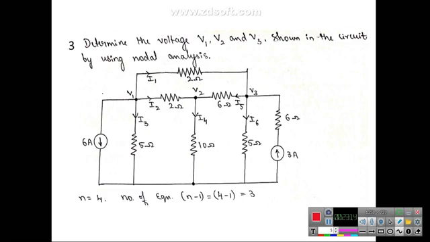In this network, instead of a voltage source, you have current sources. A current source means it delivers the current directly. The current delivered in this branch is 6 ampere, outward from this node. Similarly here 3 ampere towards node V3. How many nodes are in this network? 1, 2, 3 and the reference. There are 4 nodes, so n is equal to 4. The number of nodal equations is n minus 1, that is 4 minus 1, equal to 3. So you need to write 3 nodal equations for this given network.